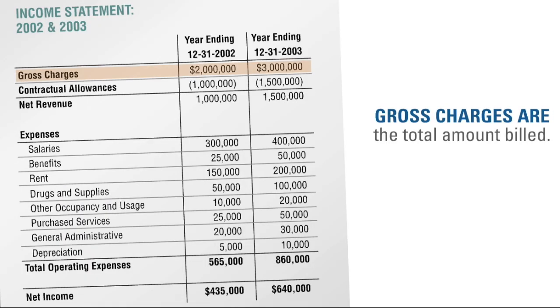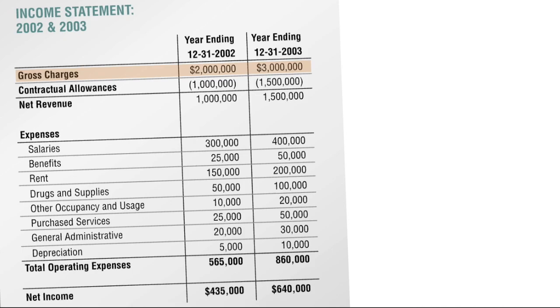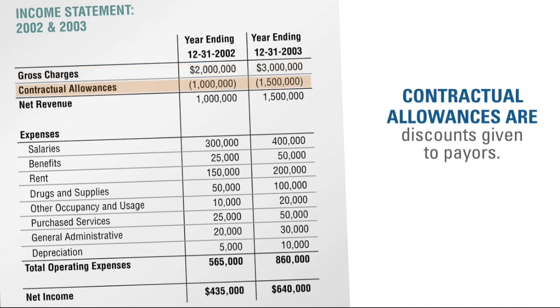Gross charges reflect the total amount billed out by the practice at the standard fee schedule rate. This includes amounts billed out to patients and to insurance companies. Contractual allowances are adjustments or discounts made to the gross charges to reflect contractual agreements with insurance companies and other payers regarding the amount to be paid for a particular service. Practices often have agreements with various insurance companies to accept a lesser amount as payment in full for certain services